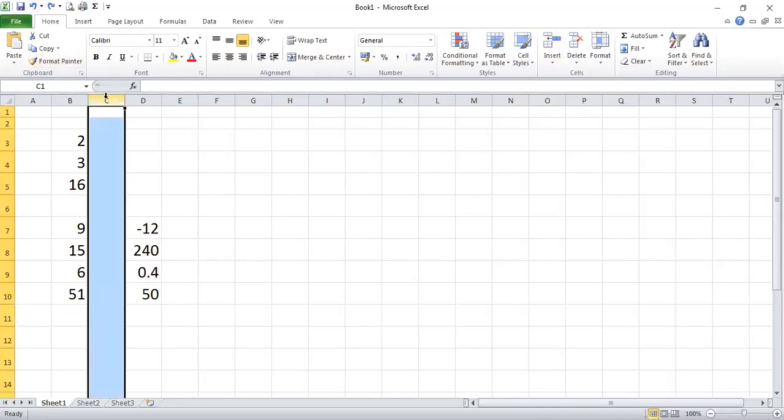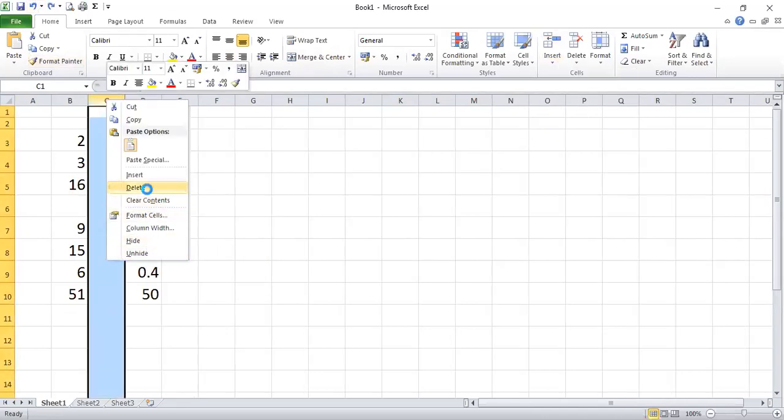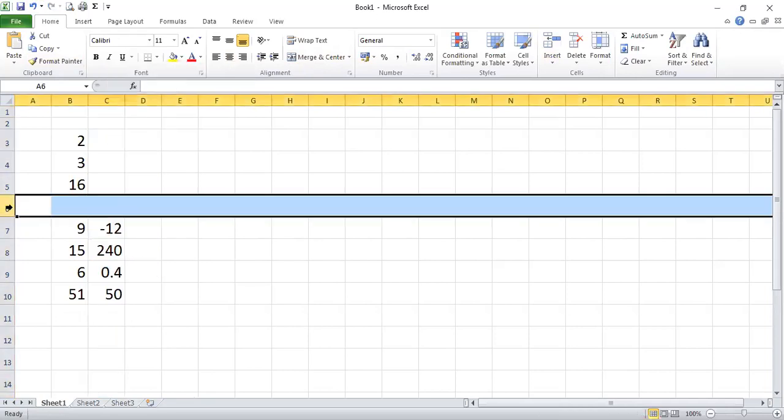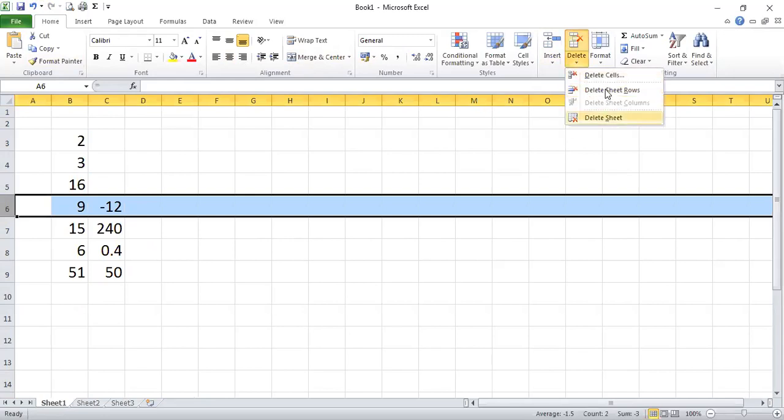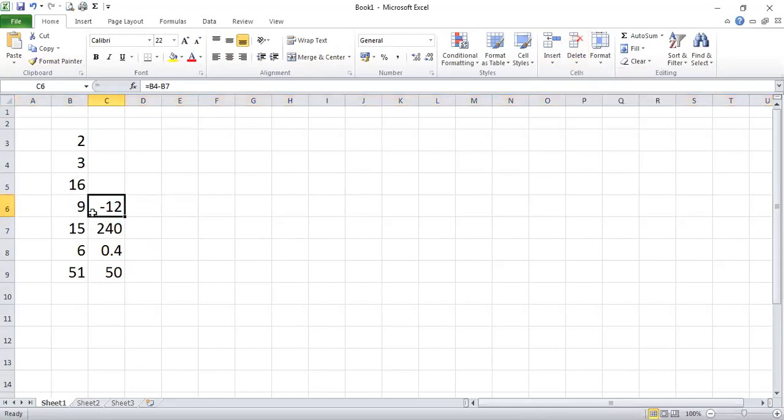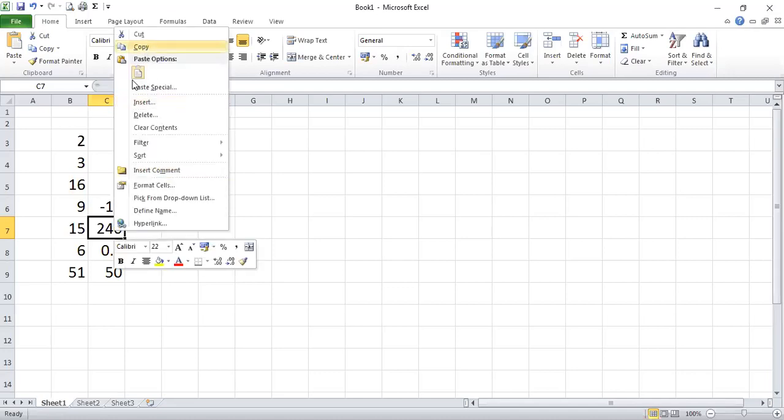Or if you want to delete some column, we have the right click, delete option to delete the column. Similarly, right click, delete to delete the row, or we can do it from here, right? Then if you want to add a new cell here,